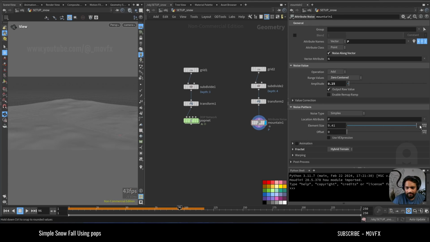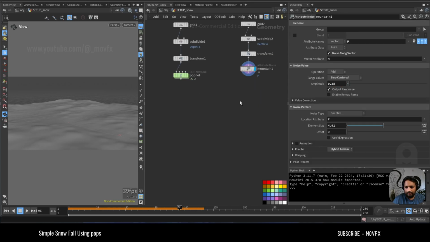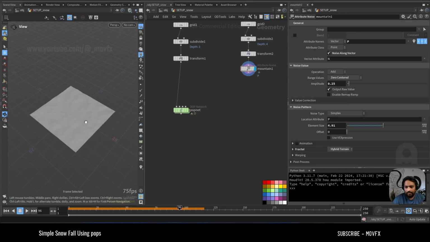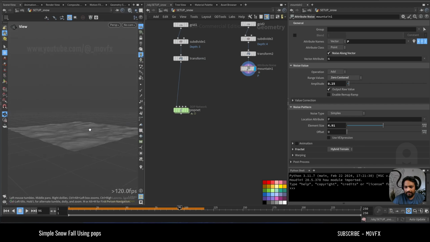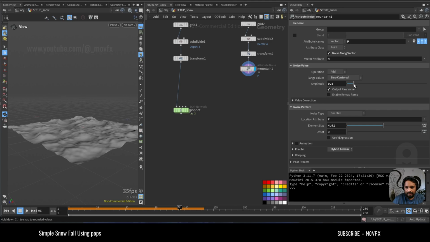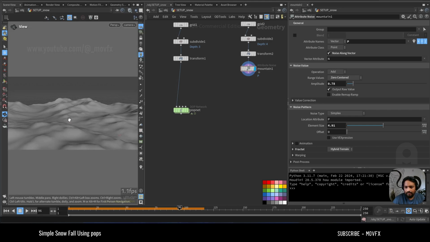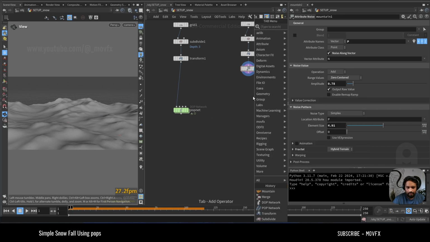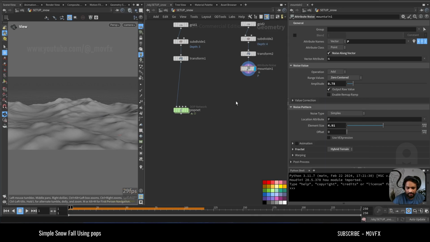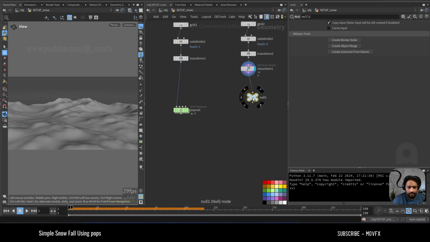So let's increase the element size. Yeah, that's more realistic. And we can also, if you want, you can reduce or increase it. I'm just going to leave it for now. So yeah, we have something like this. To make it more prominent, let's increase it even more so that the effect is more visible, but based on your preference you can reduce or increase the height. So let's name this as ground,